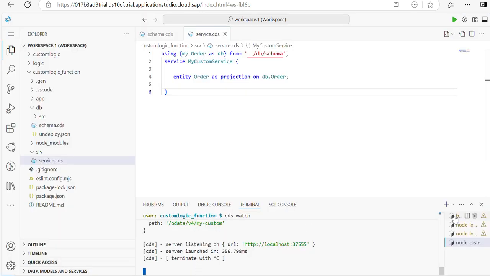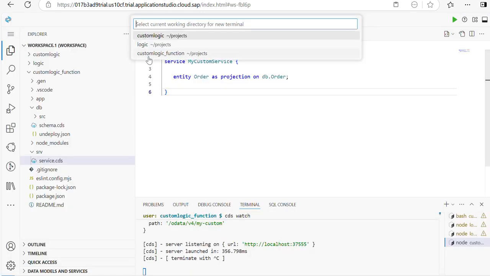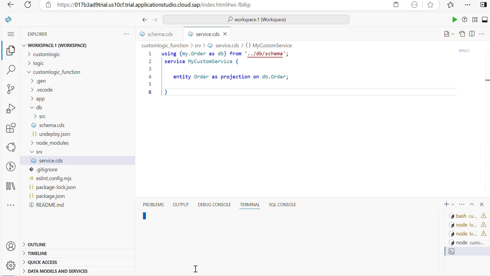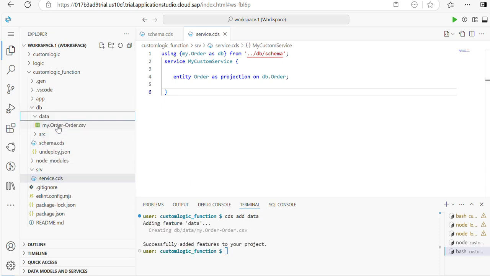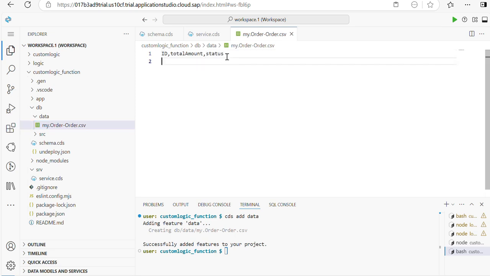The next step we have to do is add the data CSV file. For that, cds add CSV. Sorry, cds add data. Then the folder will be created. Here we need to maintain that. Now I will maintain 0, 1, some 120, some status pending. Till now you guys know, right? The next thing you have to do is